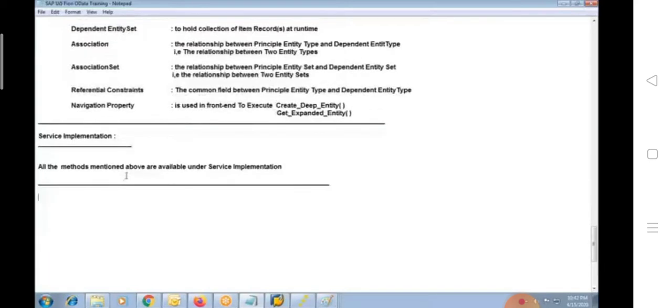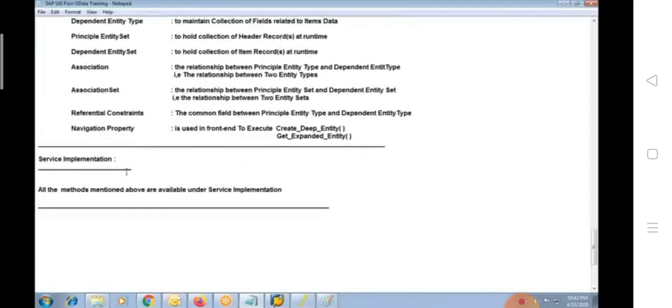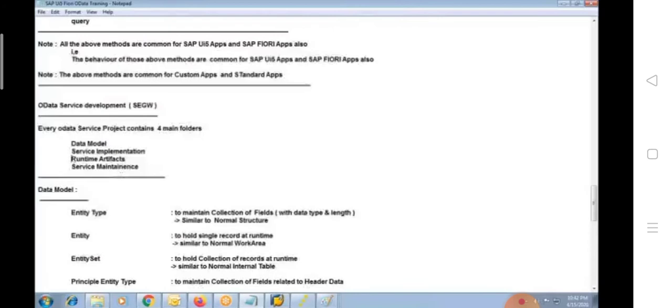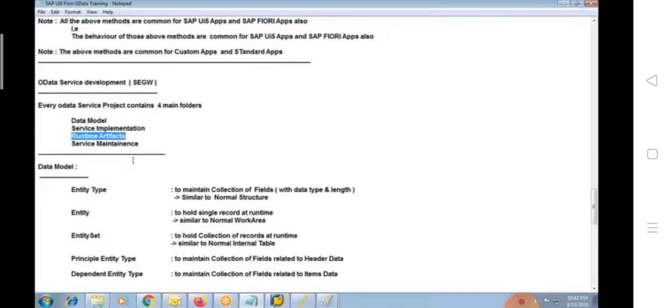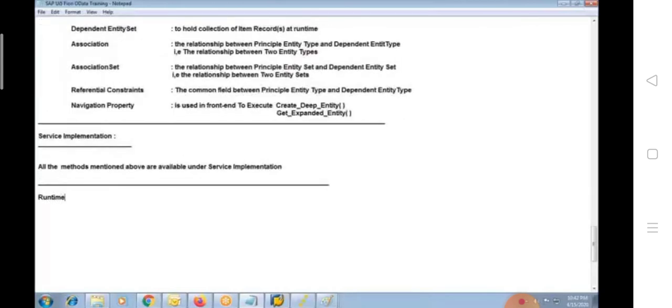And not only that, there is one more option, runtime artifacts here. Runtime artifacts are nothing but runtime classes. Technically, they are a collection of classes. We are going to use those classes at OData level.